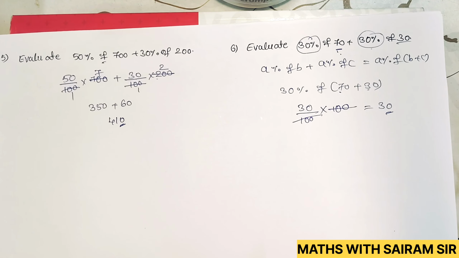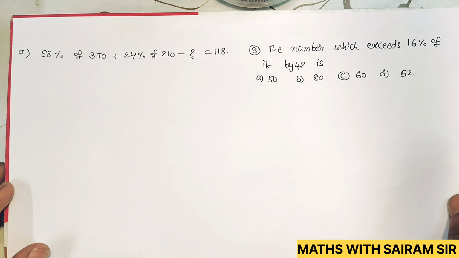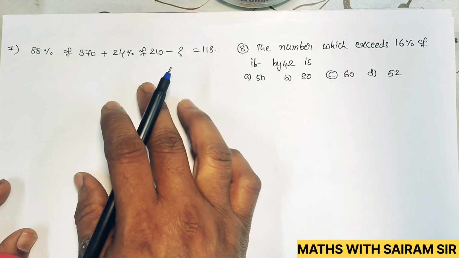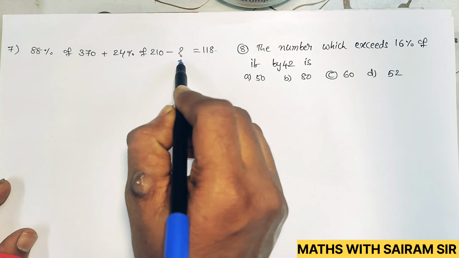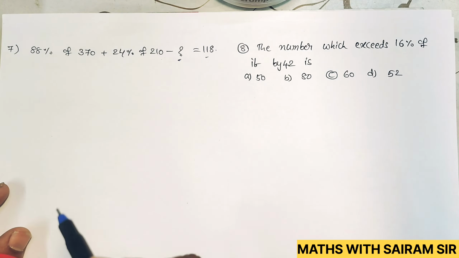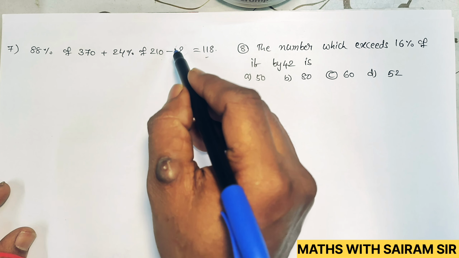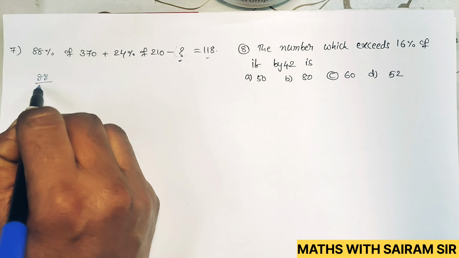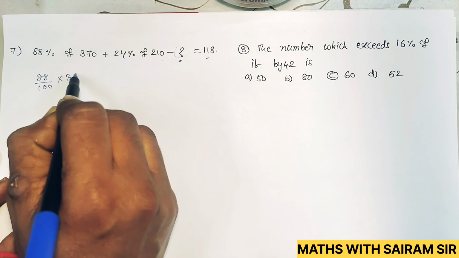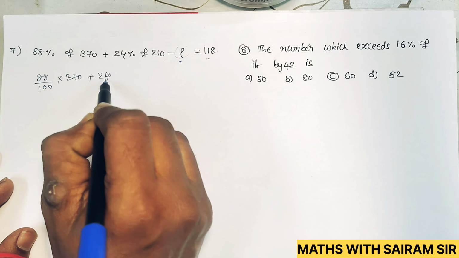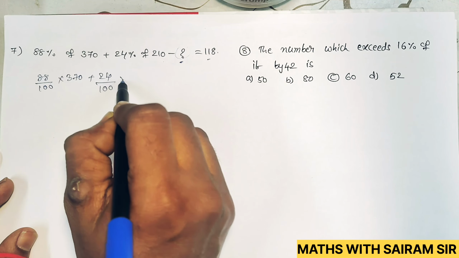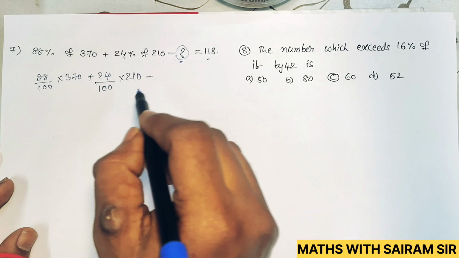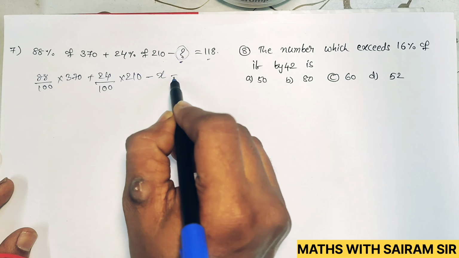Now let us see this next question. 88% of 370 plus 24% of 210 minus something gives you 118. Then what number we should be subtracted from this to get a 118? So firstly 88% means what? For 100 into 370 plus 24% means for 100 into 210 minus what number we should subtract from this, we don't know. So let me suppose it as x, that gives you